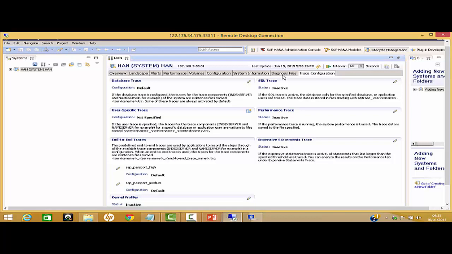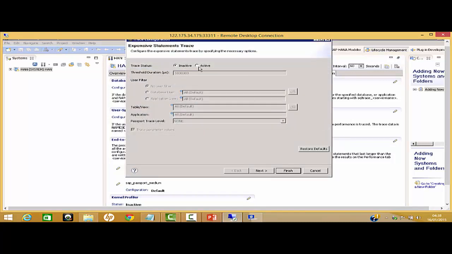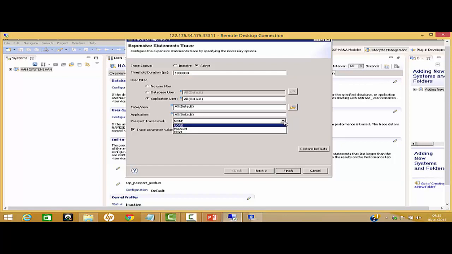And coming to expensive statements trace, here are the options. Once I activate it, as I said, expensive statements will record the long running SQL statements which cross a particular threshold, and that threshold value in microseconds can be set here. And again, it can be set for user, application specific tables and application, and we can choose the appropriate trace level. So that's how we can enable the expensive